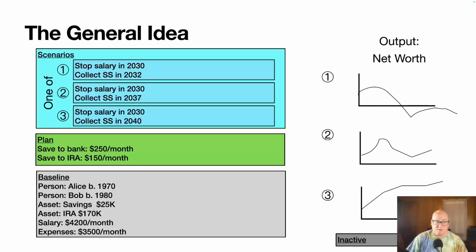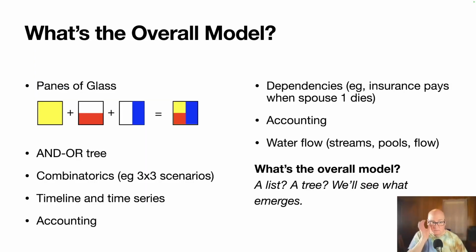And the relationship to this is, if I assume Alice is born in 1970 and no death date, but later I put in a scenario that says Alice dies in 2025, it's still going to have Alice born in 1970. So some of the information is coming from that bottom layer, the baseline, and some of it's coming from the most recent thing. I need to kind of merge all that into one giant scenario.